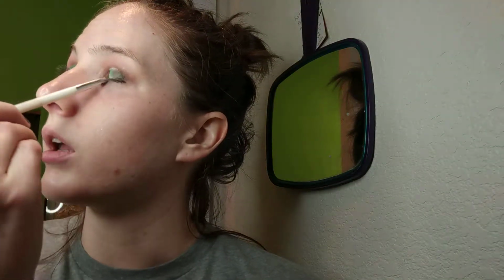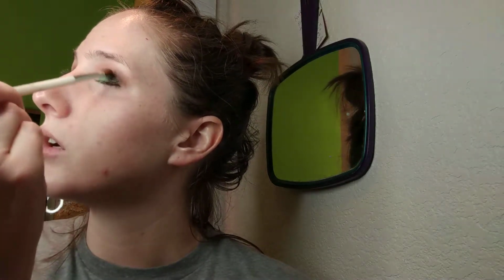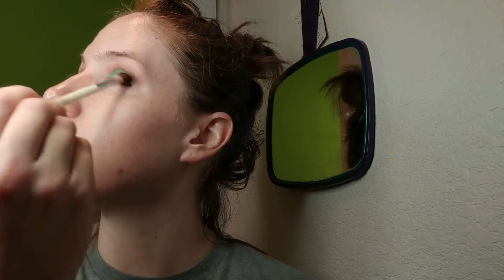But the experience really disheartened me a lot about their products, just because it's like watching all these huge influencers, and some influencers who aren't that big, who still like their products, which is fine. Everyone's entitled to their own opinion. Obviously, I hate Morphe. Obviously, other people love Morphe. But it just kind of was really disheartening where people were like, oh, I love Morphe, and this brush is great, and I'm just going to go in with this and this and this. And I'm sitting there like,